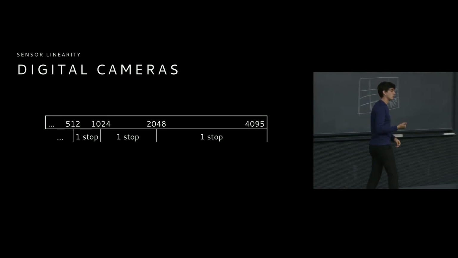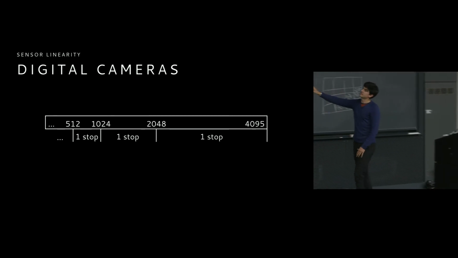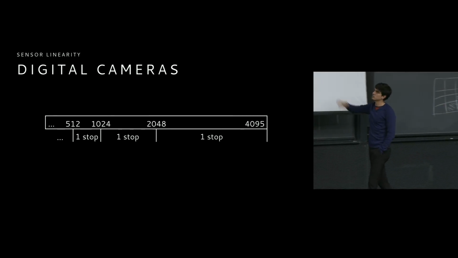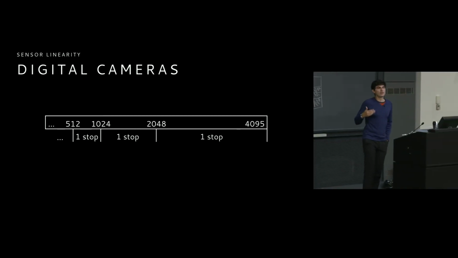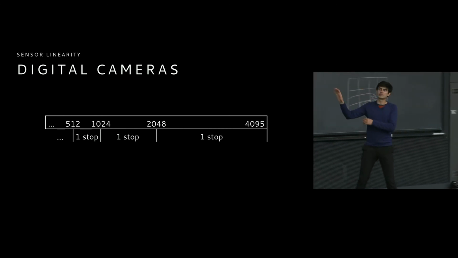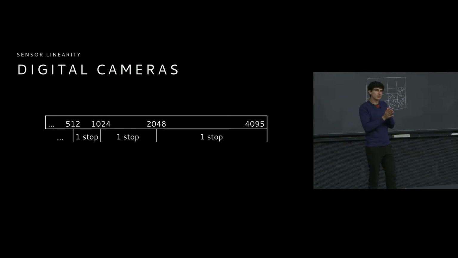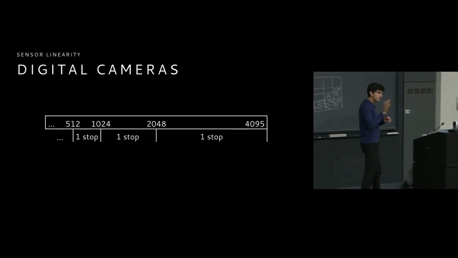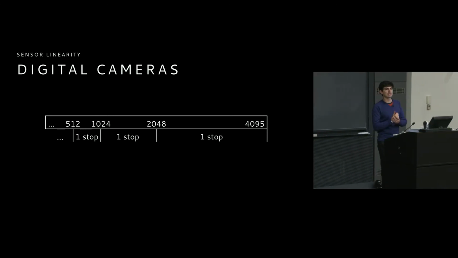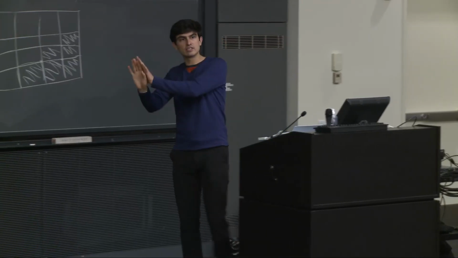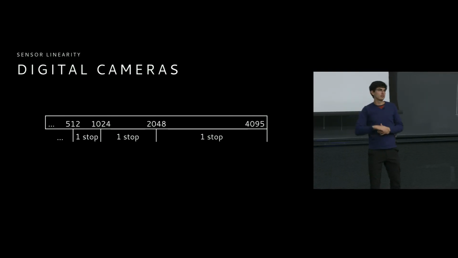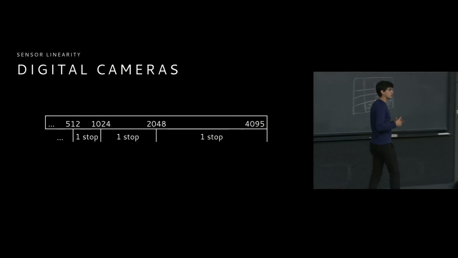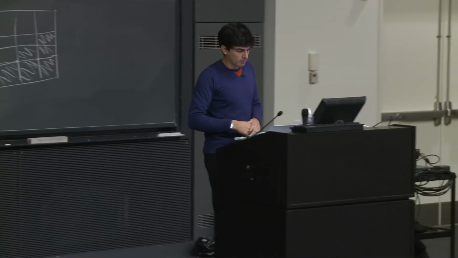Now, if you were to actually look at a file that stored stop information in this way, it would be totally unusable. It would be completely dark because all of our information would be in the lower stops. Remember that the camera is trying to expose for the middle exposure for that sensor, which means that all of the data is kind of pushed way to the left, way down in the lower stops. Which means that if we were to open this up, it would look really, really dark. But fortunately,